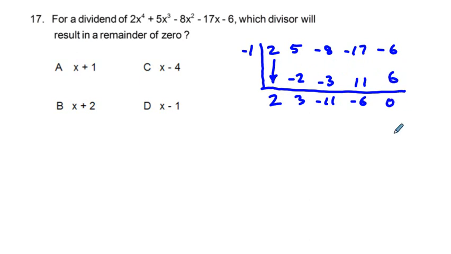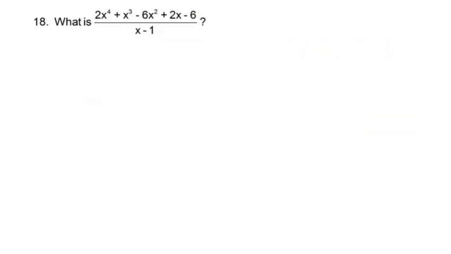So we have a remainder of 0. That's our remainder. So we have found on answer choice A our correct answer. And basically what it tells us also is that the quantity x plus 1 is a factor of this quartic polynomial. So that's number 17. Number 18, what is, okay, there's not a multiple choice here, and we see we have